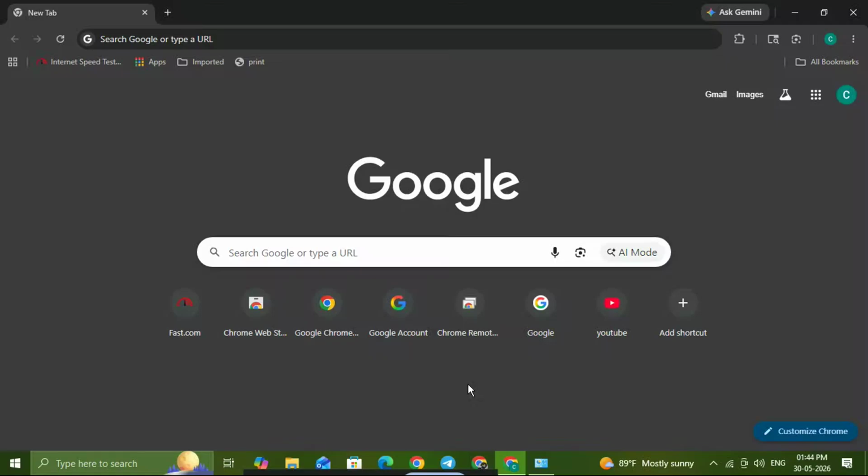If your Chrome homepage suddenly changed to AVG Search Toolbar, don't worry. In this video, I'm going to show you exactly how to remove AVG Search Toolbar from Chrome and restore your normal homepage, startup page, and search engine. This is a simple fix, but it's important to do it in the right order so the toolbar does not